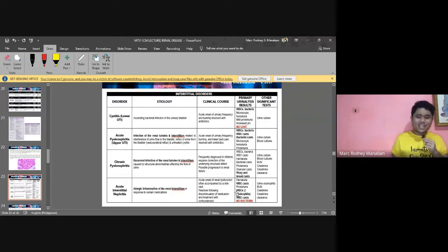So take note of what was mentioned, dears, the WBC casts. If there are only WBC casts and bacterial casts, that indicates acute pyelonephritis. If there are WBC casts, bacterial casts, waxy casts, and broad casts, that is chronic pyelonephritis. If there are no casts, but there are WBCs and bacteria, then that indicates lower UTI, so it could be cystitis or urethritis. But if there are WBC casts and WBCs but no bacteria and increased eosinophils, then that is acute interstitial nephritis. Alright? So I hope you got it. It is medyo easy to differentiate.